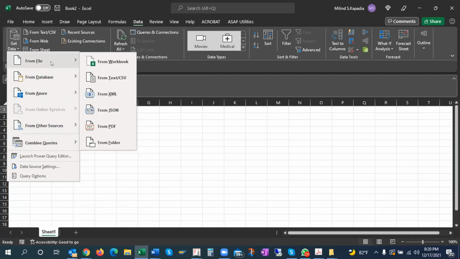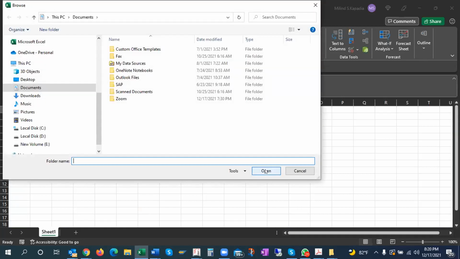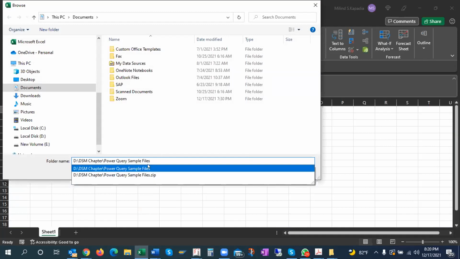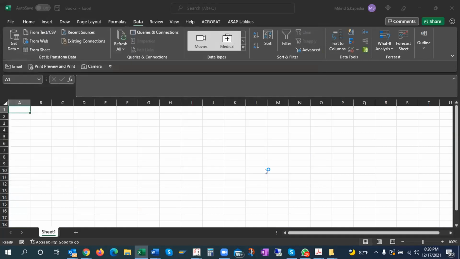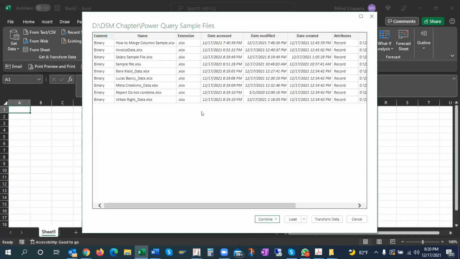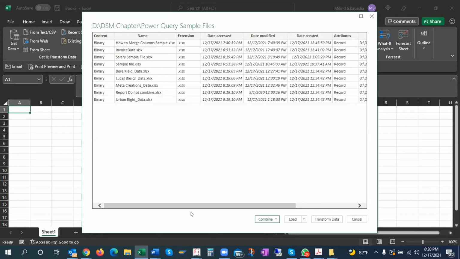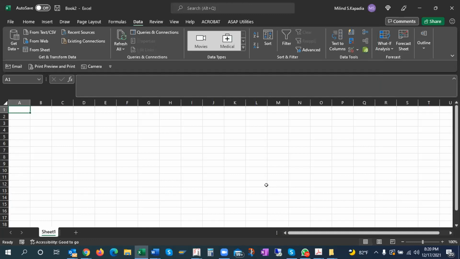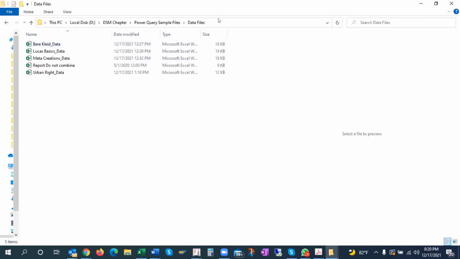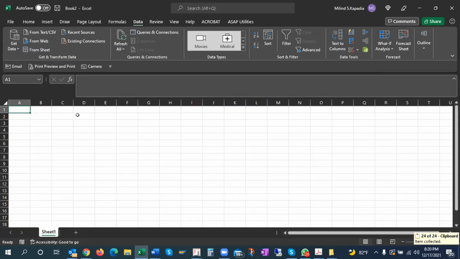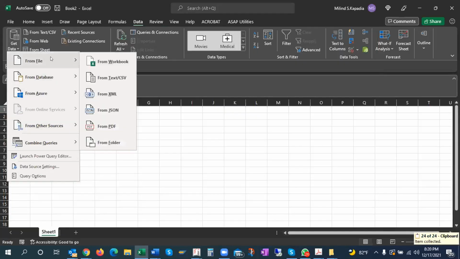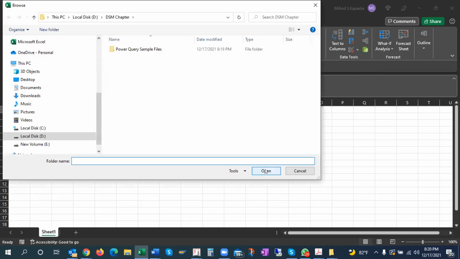From data, one minute, get file from a folder. So when I'm giving the folder path now, I've given the folder path, and it has told me that these files are there. What do you want to do with these? Oh, one minute. Sorry, I have not given the correct path. Actually, the path should be this. I say get data, file from folder. So this is the folder.